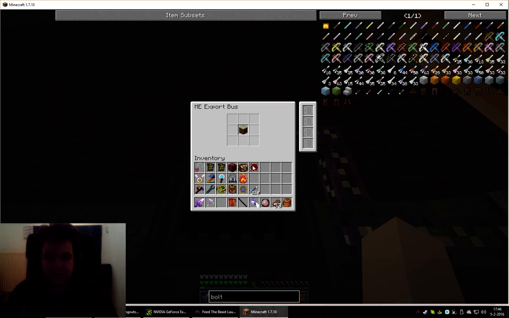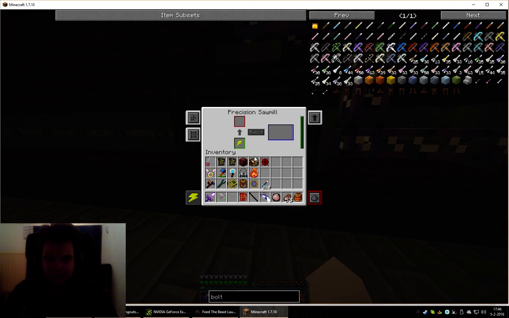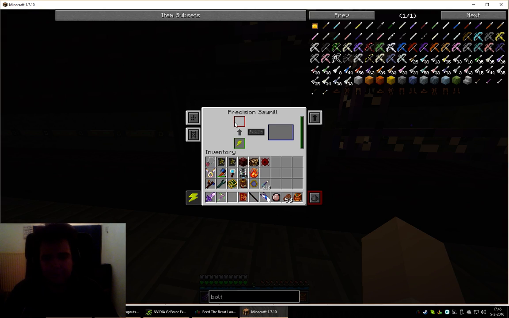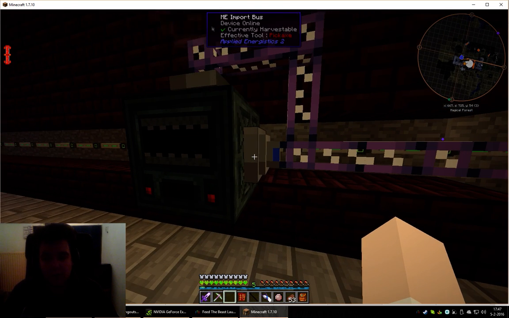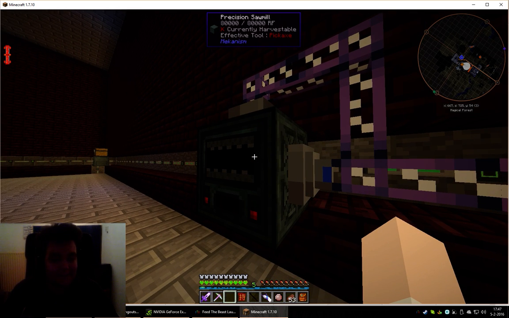And it's engineered so that, say, this is a precision sawmill. Any logs, let me just show you. This is an export bus. Any logs that come into my AE system get automatically put into this sawmill. From there, the logs get, well, sawed. It's a loud process, by the way. This thing is extremely dissonant and loud, but